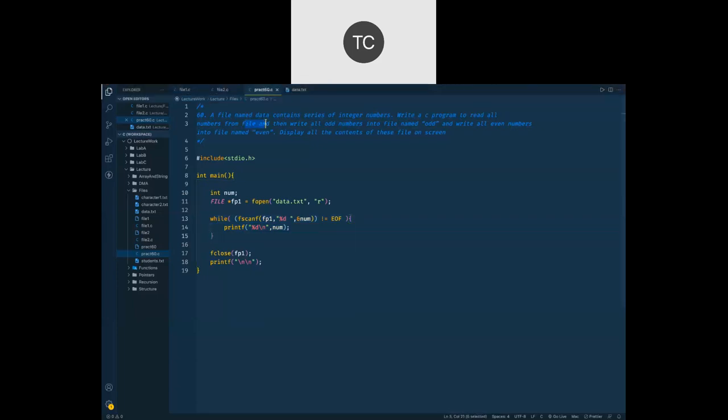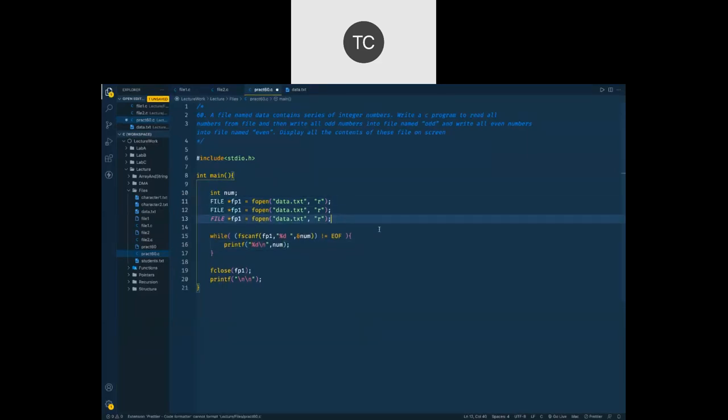But what this program definition says, numbers from the file, and then write all odd numbers into file named odd and write all even numbers into the file named even. So now we have to create two files, odd and even, and we are going to write these numbers based on whether it is odd or even. Correct? So let's do that thing now.